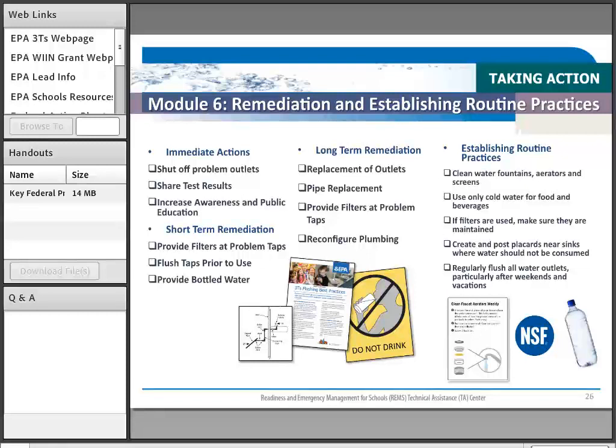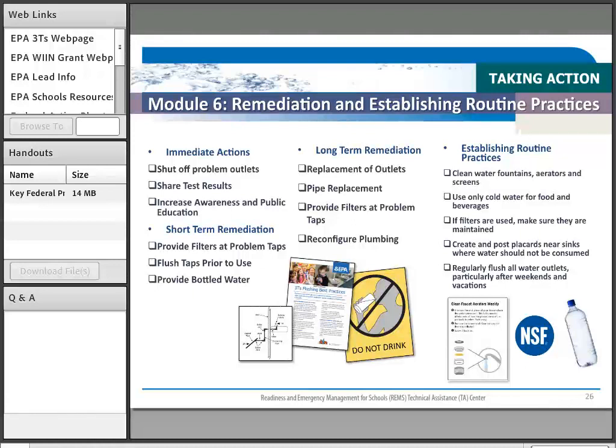Module 6, we've gotten into taking action if elevated lead levels are identified. Solutions to lead problems typically are addressed on both a short-term and a long-term basis, and this module breaks up the different remediation options so you can decide what is going to work best for your situation. This would include immediate actions, such as shutting off the problem outlets or putting up signage. It might include short-term options like bottled water, flushing before each use, and filters, and long-term remediation options like replacing